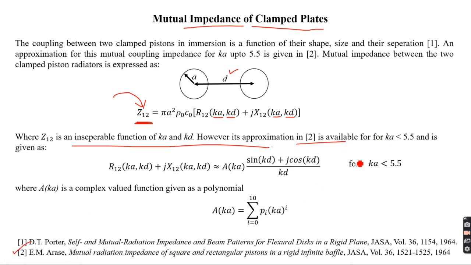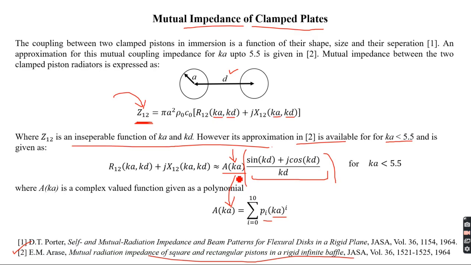For low frequencies, when ka is less than 5.5, this function can be separated in terms of ka and kd. So you have two different functions, where A(ka) is a polynomial in ka, whose coefficients are given in the cited reference over here. I'll show you these coefficients, but the term that comes together with it shows that you have a sort of oscillatory behavior. So if you plot this,